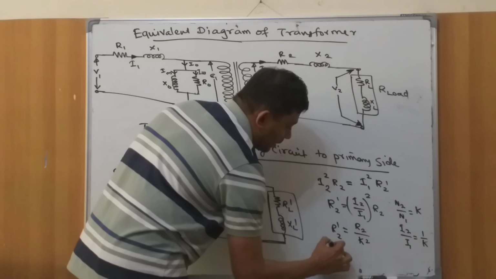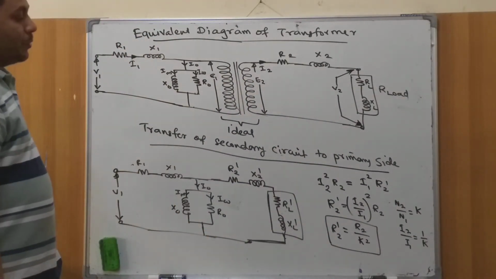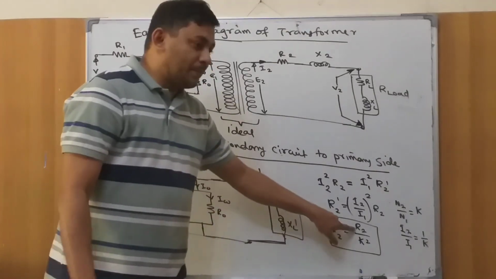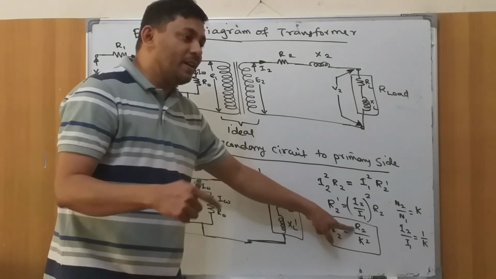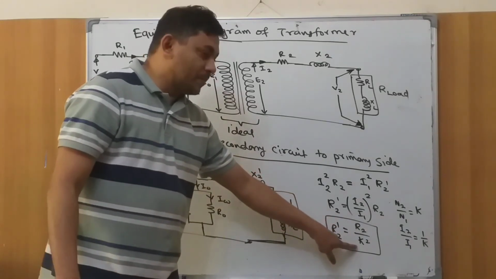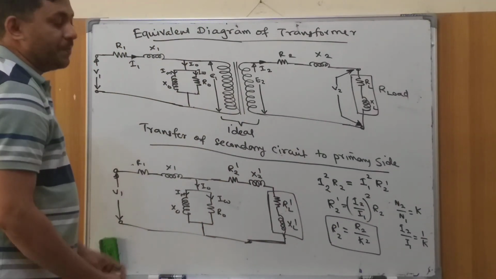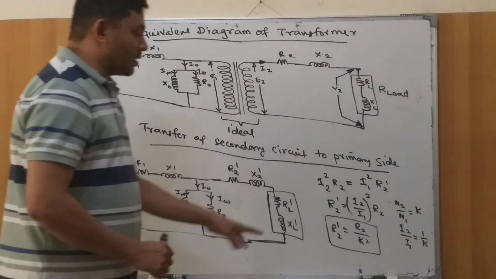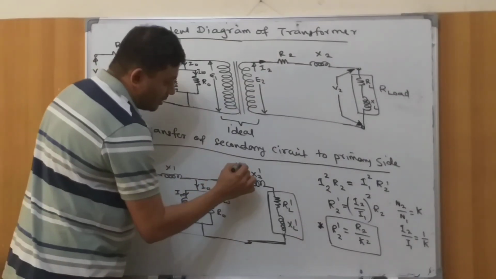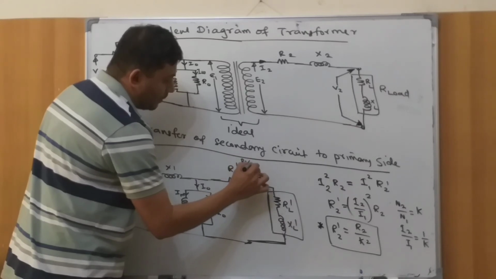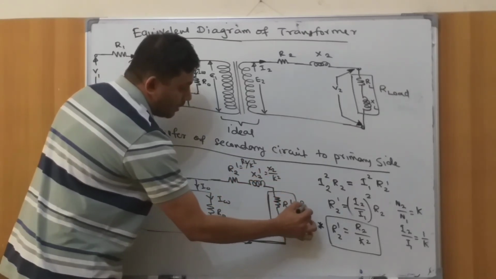Always remember, when you transfer the secondary value to the primary side, you have to divide the secondary resistance by the square of the transformation ratio, which is K. So this is going to be R2 by K square. This is also one of the important relations to remember. Likewise, R2 dash will be R2 divided by K square, X2 dash will be X2 by K square, and RL dash will be RL by K